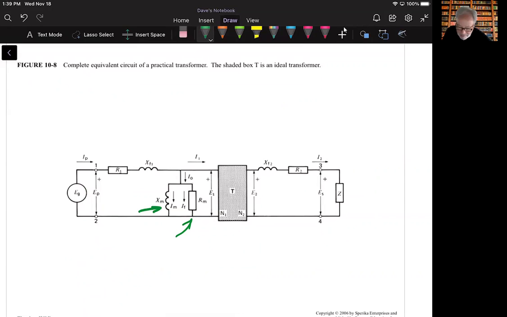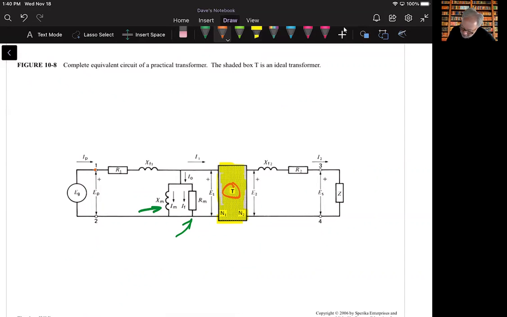And when we add those to this ideal transformer, the T is the ideal transformer part of this. Then what we've done,